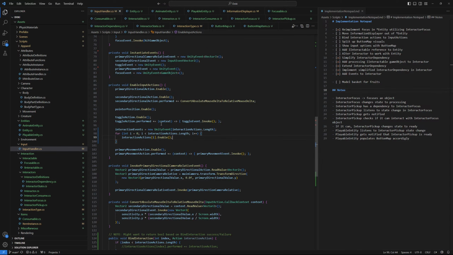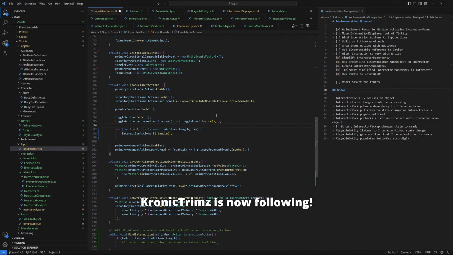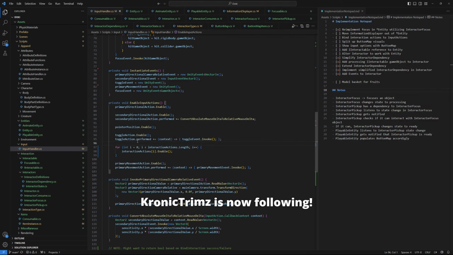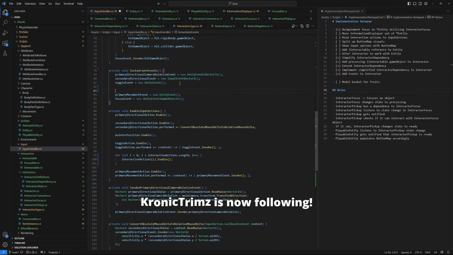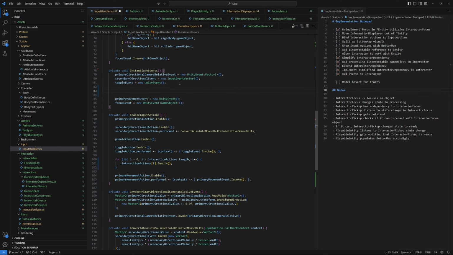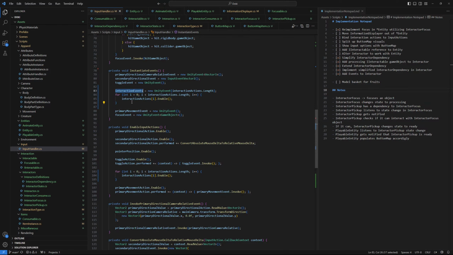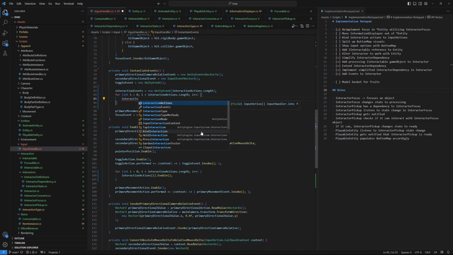Then I'm gonna have 2 for loops. Enable input action. It's actually just enabled, so let's do this. Let's remove this one for now. Let's go with 2. Primary movement, toggle. Interaction events. Yes. We don't need to do that. Instead,